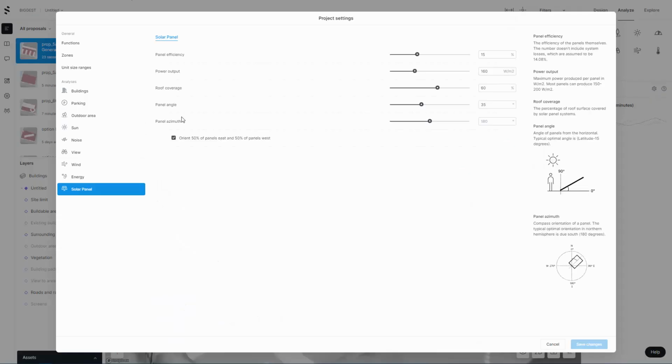So in the back end, you can start to look at the panel efficiency. So we could crank that up should we want to. Power output, roof coverage. Let's go for as much roof coverage as we can get. Panel angle will depend on where you are in the world, time of year, and then the azimuth, like in terms of the sun going over the building. So there's more information on that, and we could orientate 50% of the panels east and 50% of the panels west. So I'll save those changes,